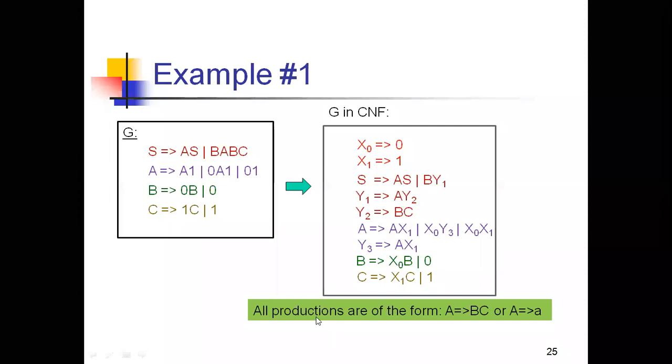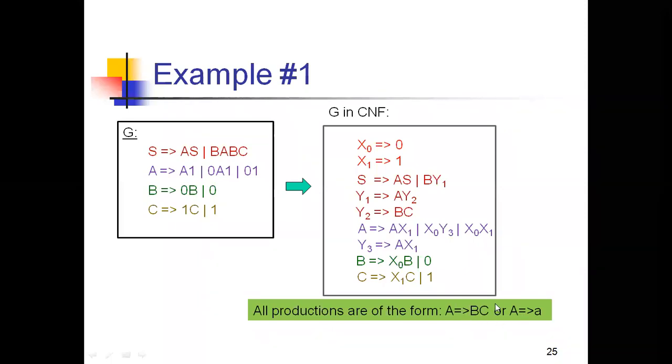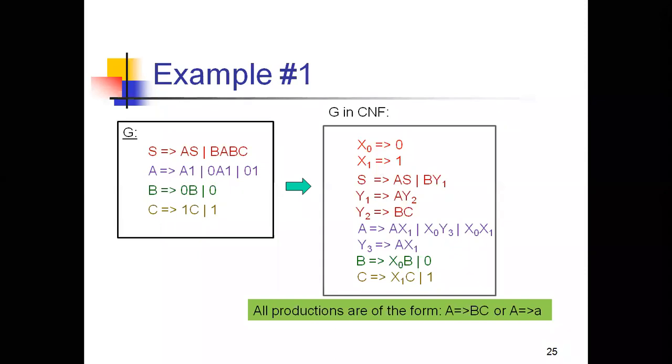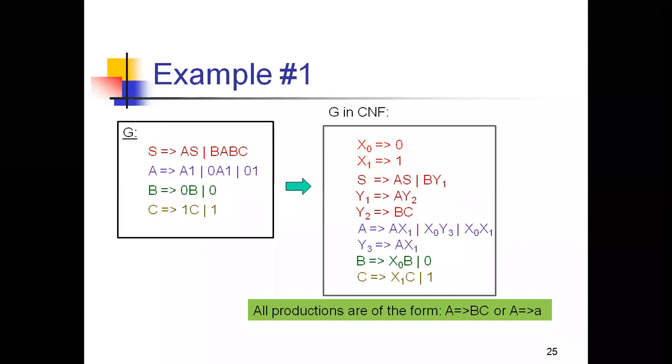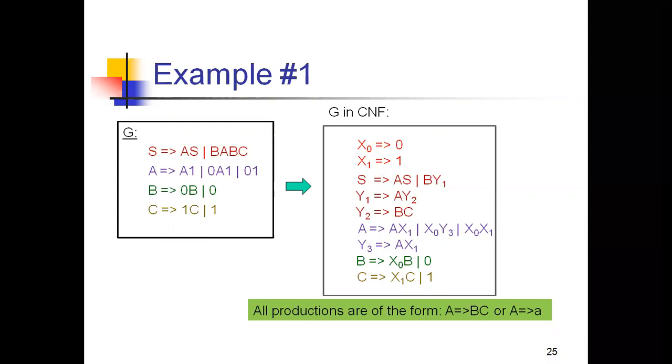There is nothing in this concept to get the format in the form of the CNF, like in these two productions. You are just introducing the new variables and replacing them in that place. That's it. There is no logic here. Introducing new variables like y1, y2 and y3, and giving the production for what y1 is, what y2 is and what y3 is. That's it, we are done here.